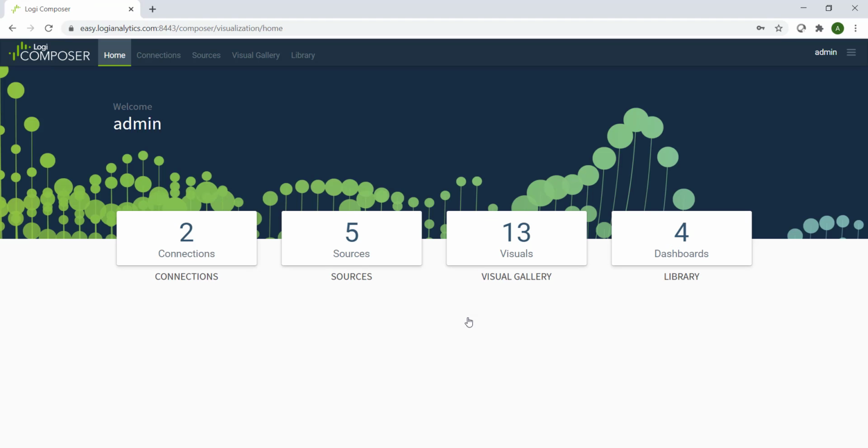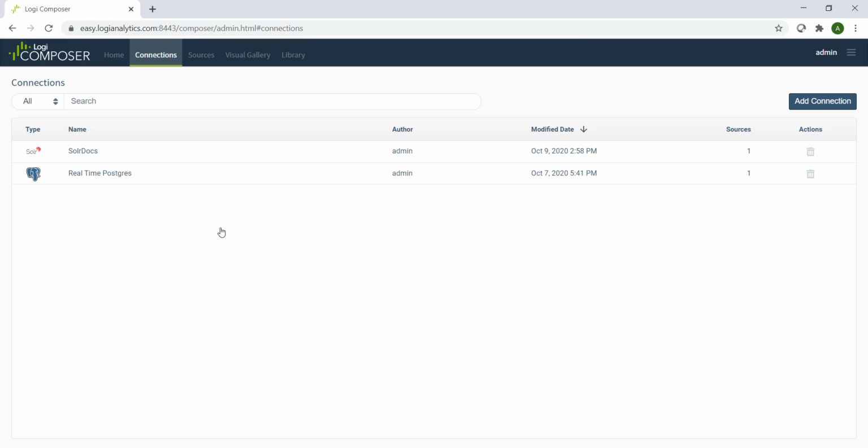So this is the Logi Composer homepage, and it's been designed to streamline the development workflow. So here you can make connections, set up data sources to define a metadata abstraction layer to power dashboards and self-service, create powerful reusable visuals, and create highly interactive dashboards. So just looking at data connections, the data connections store configuration details for certain types of